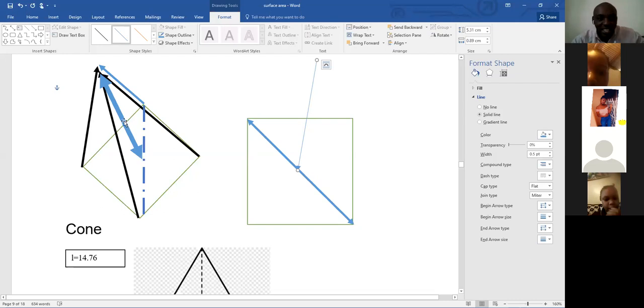So basically, we can see this, if we take this part that I've added here, and this part that is here, that is the slant height, it is going to form a right angle triangle. So again, we are going to apply Pythagoras theorem. So we are in the last minutes.